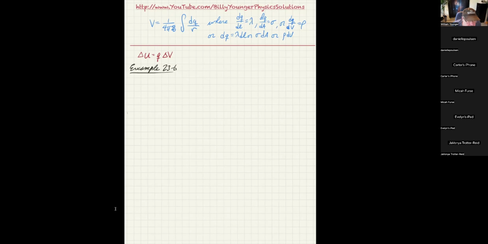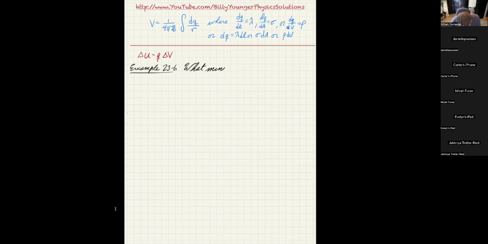Again, this is just like the book's example. It says, what minimum work must be done by an external force to bring a charge q equals 3 microcoulombs from a great distance away, take r equals infinity, to a point 0.500 meters from a charge capital Q equals 20.0 microcoulomb. So what we're asking is what